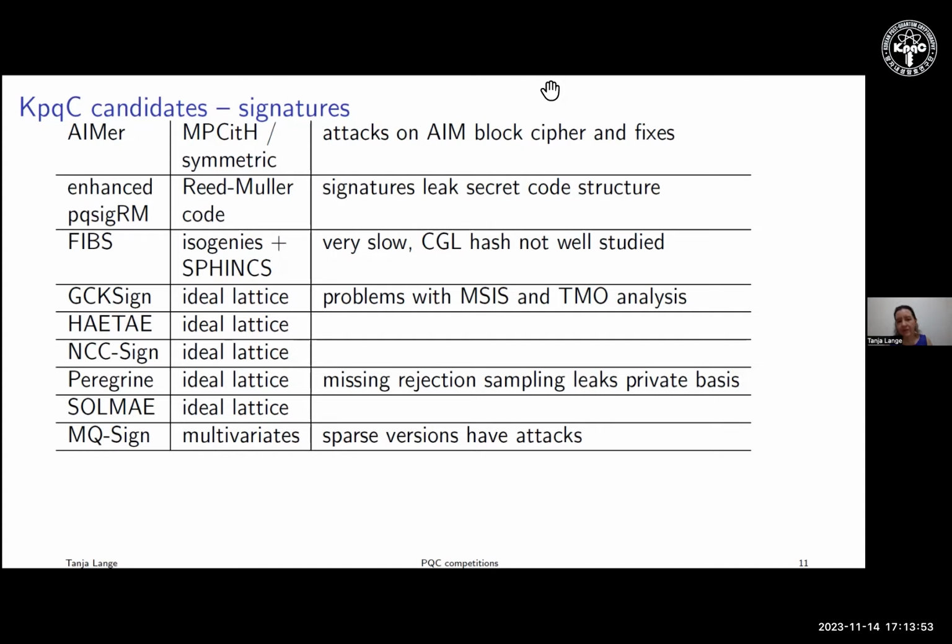For FIPS, it's based on isogenies and has a very much Sphinx-like structure. So the details of how the system works is really like FIPS, like Sphinx, but they changed from the SHA-3 or SHA-2 hash function to an isogeny-based hash function called CGL, named after Charles Gorin Lauder. One problem is that